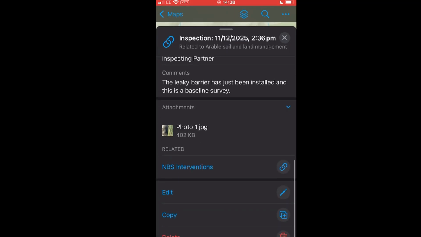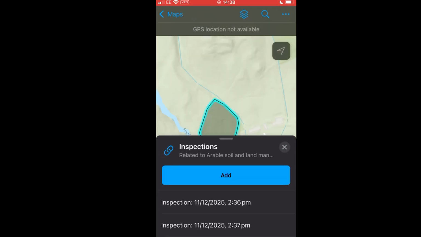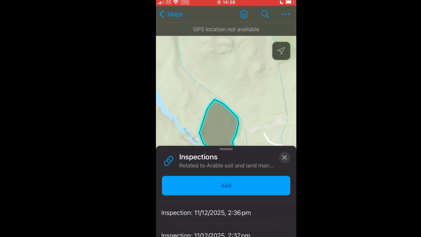So I can, again, edit that. I could add another photo, for example. Most times, I imagine that you wouldn't need to edit this. You would actually be taking a new one for a new inspection. So in this case, I'm going to click add